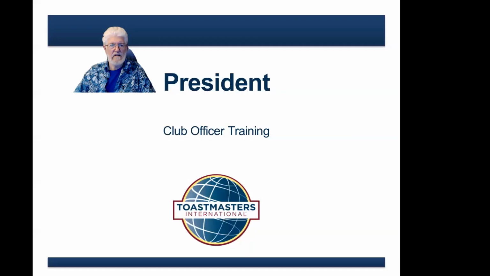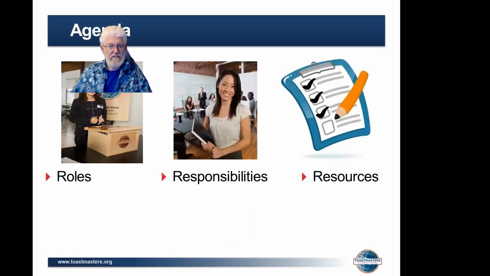All right, here we are at Club Officer Training. I'm going to quickly go through the main things in Club Officer Training. We have basically 7 positions in an executive committee, and each one is as important as all the rest. The president has the least to do if he's delegating properly. So what does the president have to do? Let's have a look at what the president does.